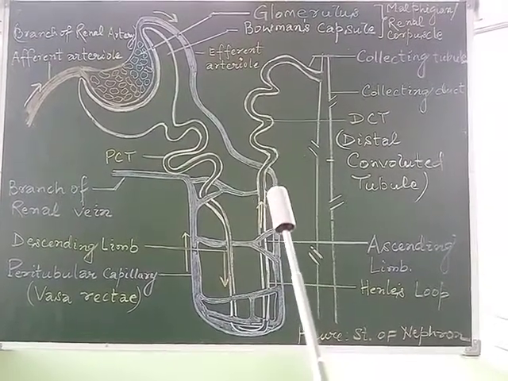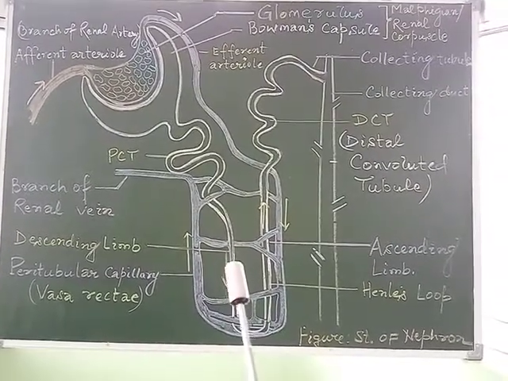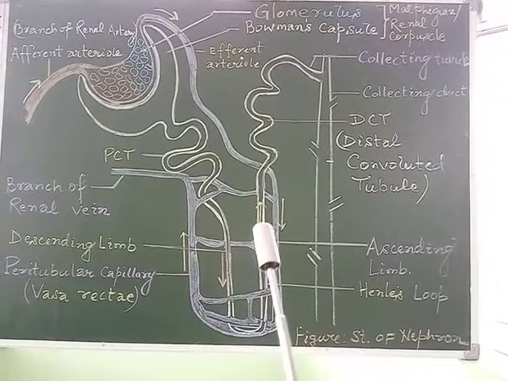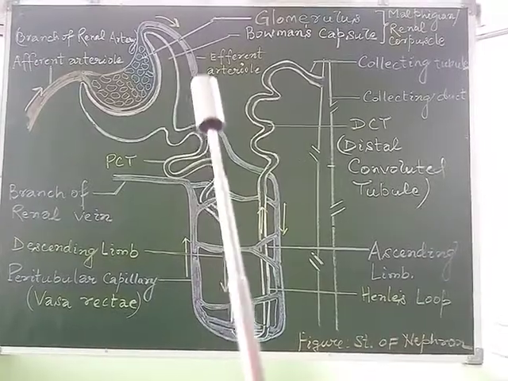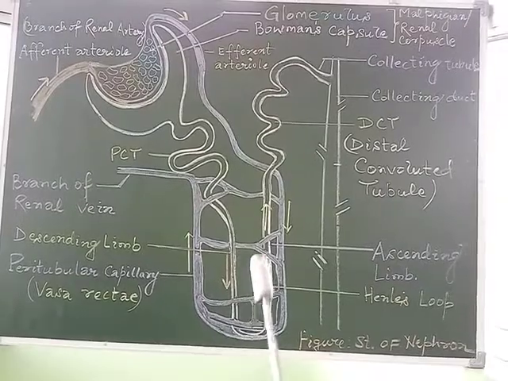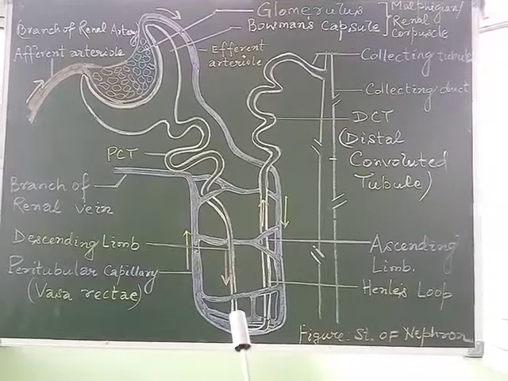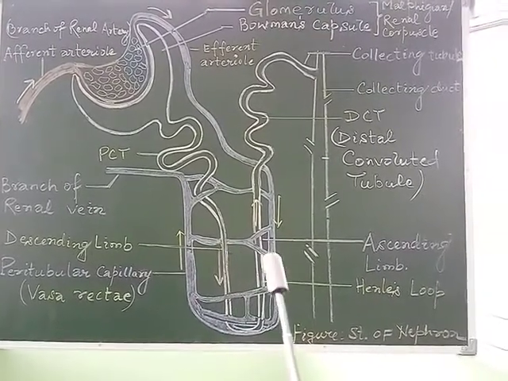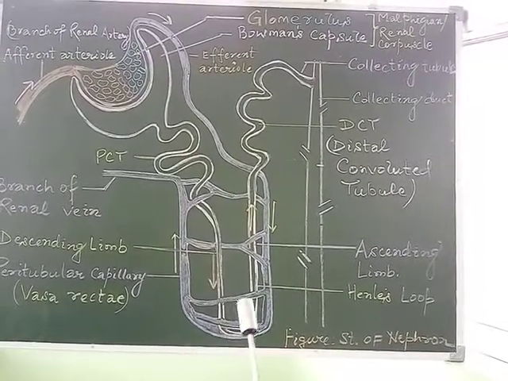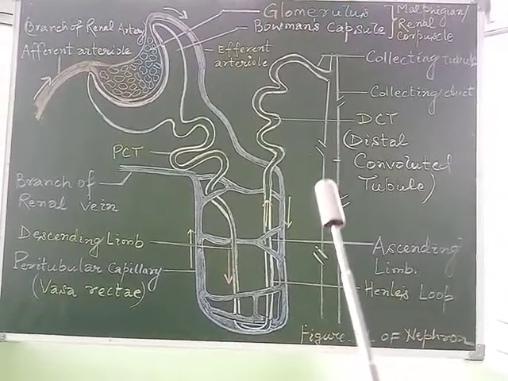Certain types of ions like sodium ions, potassium ions along with a large amount of water, calcium ions, as well as different types of metabolites which are useful for the body, are reabsorbed by the capillary surrounding the Henle's loop formed by the efferent arteriole. So as we have discussed, about 99% is reabsorbed back into the blood. The remaining only 1% is formed into urine and is released from time to time.